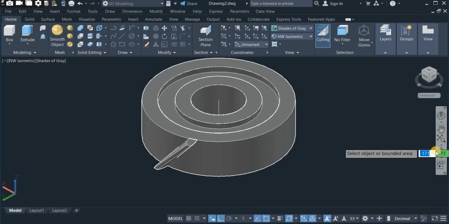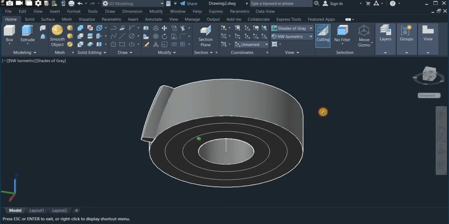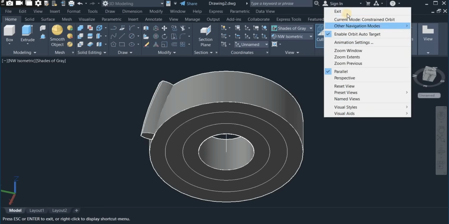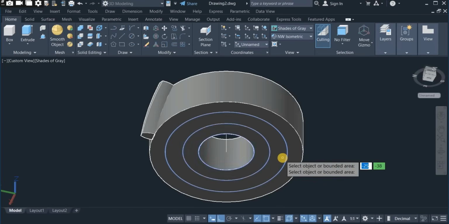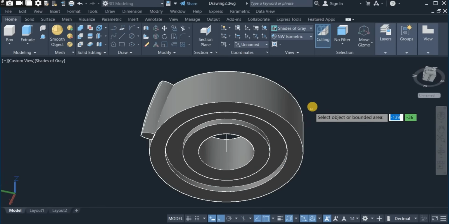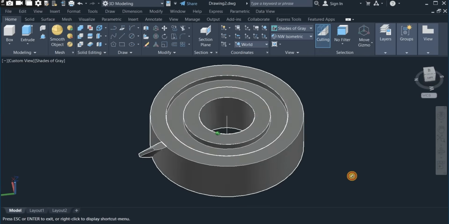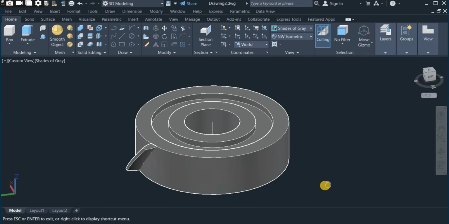Okay, now turn it over again, turn this over, and also pull this one in by 3. Alright, and enter, now return. Okay,